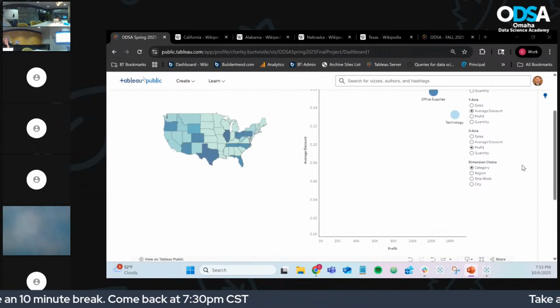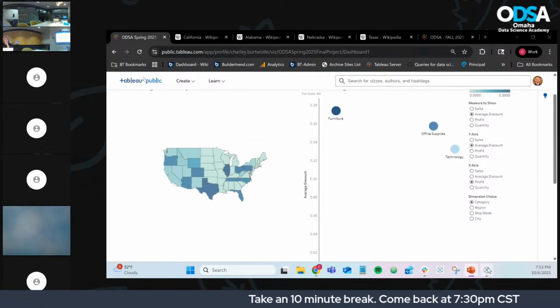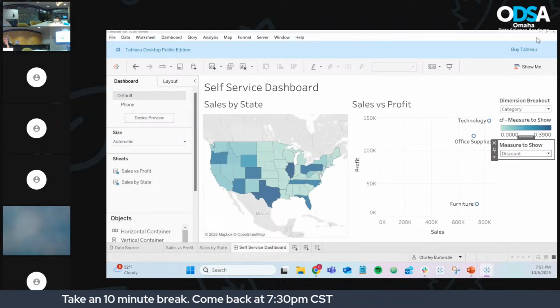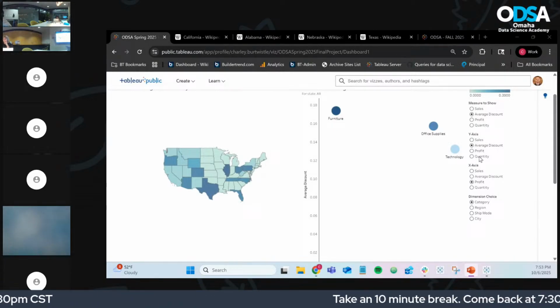And then probably the biggest thing that we still need to do is we have our dimension choice. I think we called it something else. We called it dimension breakup. And we have our measure to show. So we have those two things. But we don't have our X and our Y axis